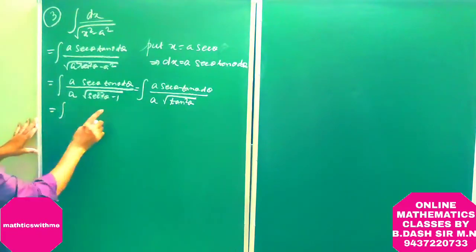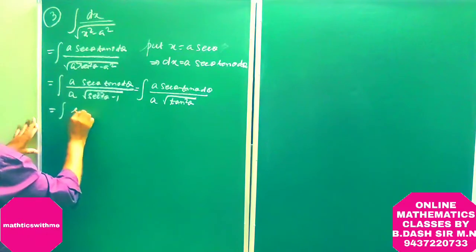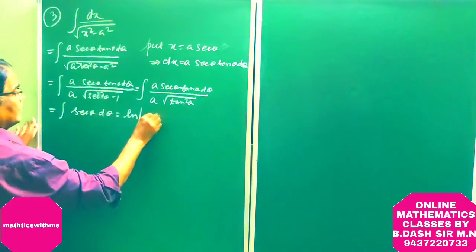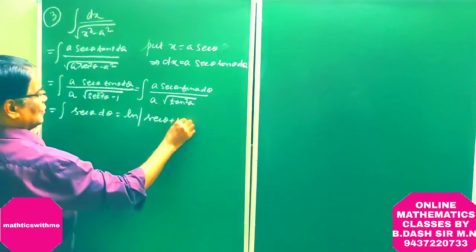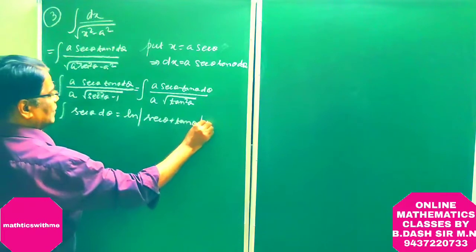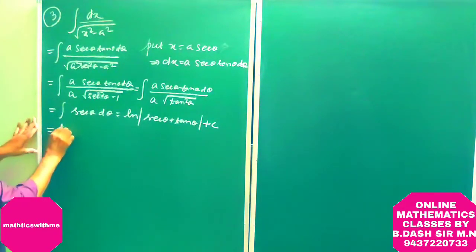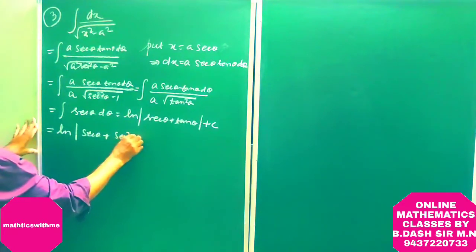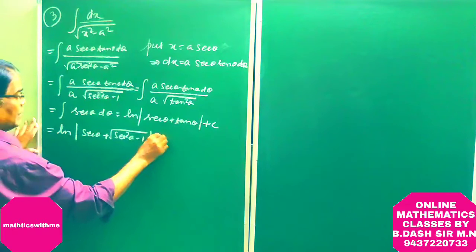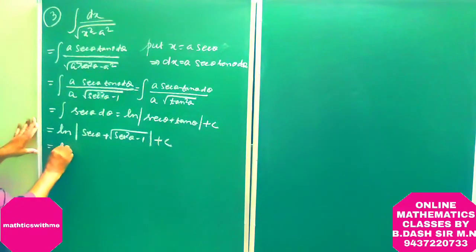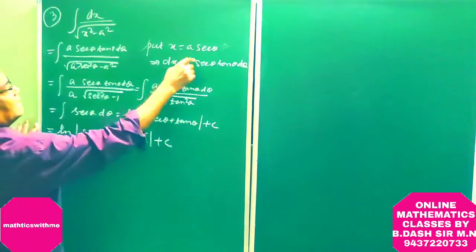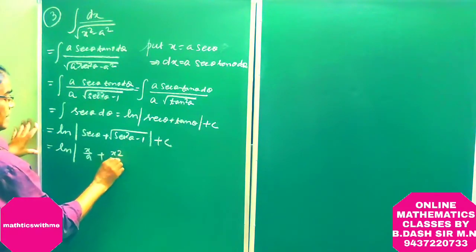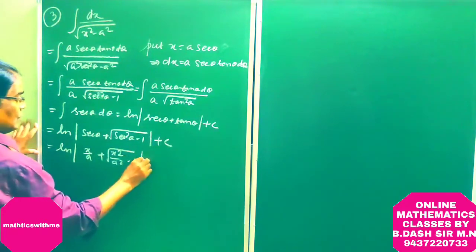This is equal to sec theta d theta. This is equal to ln of sec theta plus tan theta plus c, which is equal to ln of sec theta plus (sec square theta minus 1) root over plus c, which is equal to ln, here sec theta is x by a, this is (x square by a square minus 1) root over plus c,